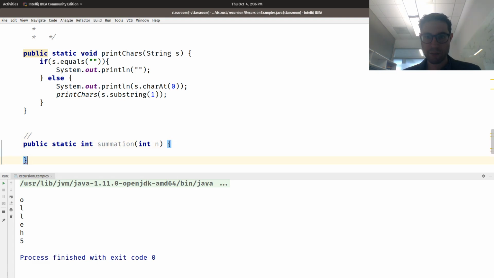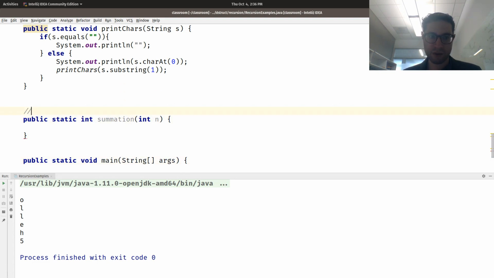So here's another example. You won't find this one in the book, but it's fairly straightforward. I would want to calculate, and this is going to be very similar to a factorial. What this function is going to do, this method, is that we are going to add up the numbers 1 through n. So 1 plus 2 plus 3 dot dot dot